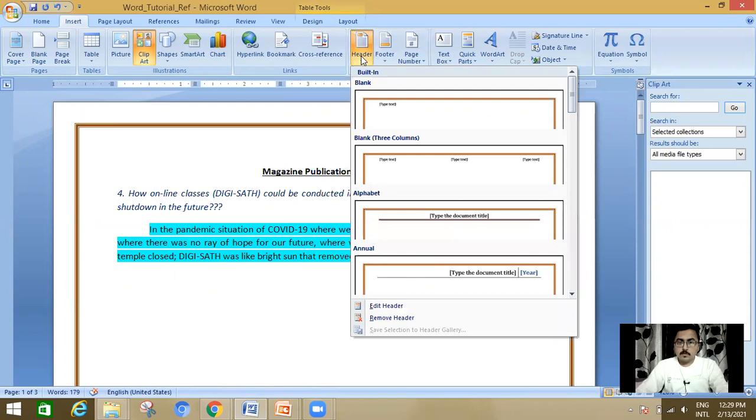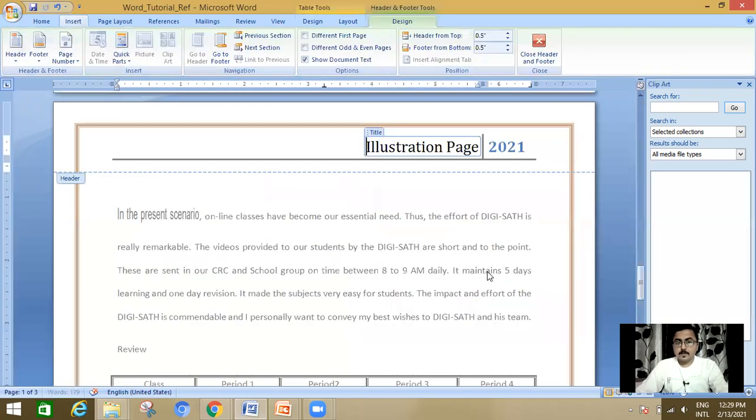Now, a drop down menu list will be given. Which type of design you want to insert in your header section, you can choose. Now I have taken this.